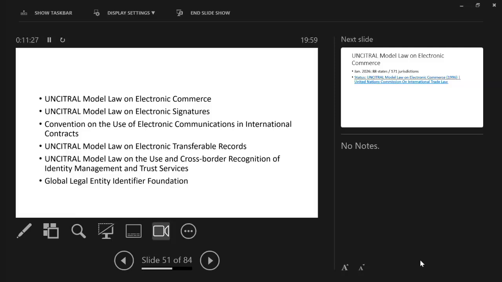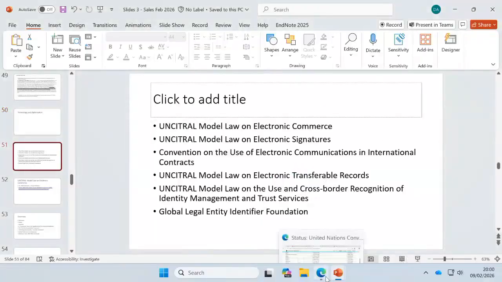This is a convention, but of course, most conventions that we're going to see in this course aren't that widely adopted. One that is getting a lot of attention is a new model law, the MLETR, the model law on electronic transferable records. This is something that we're going to run into because if we think about, let me just pull up